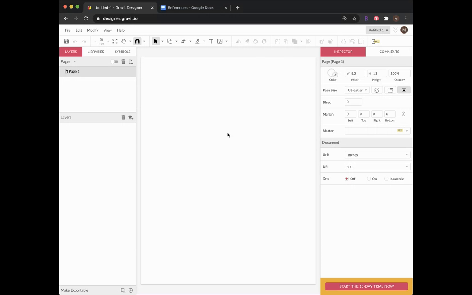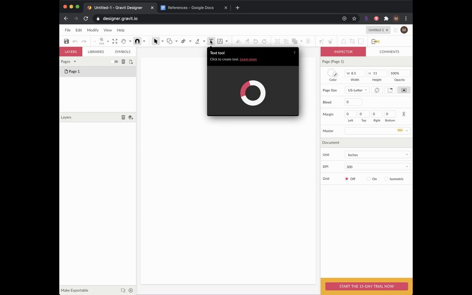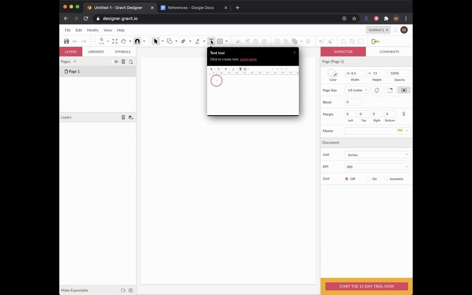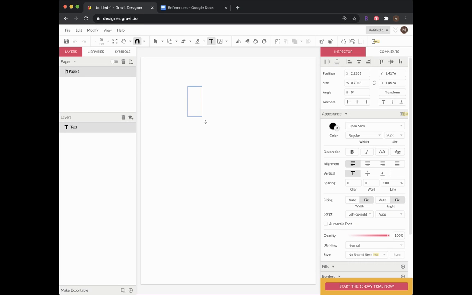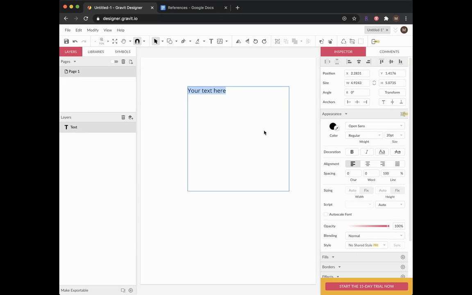I'm going to start my project with creating a text box. By clicking on the letter T, I'm activating the text box tool. I'm going to draw out a text box in which I want my text to live. I have already copied the text which I want to include, so I'm simply going to paste it using